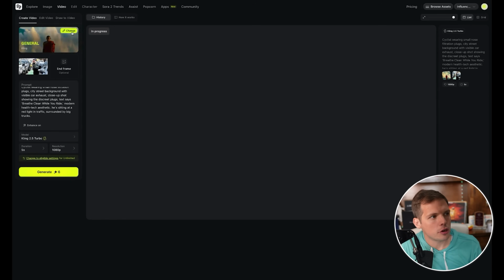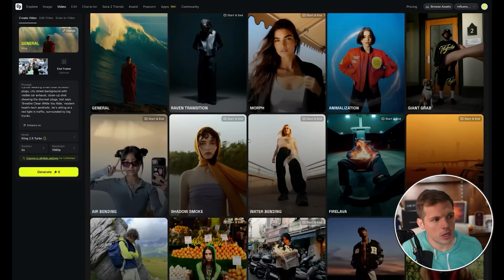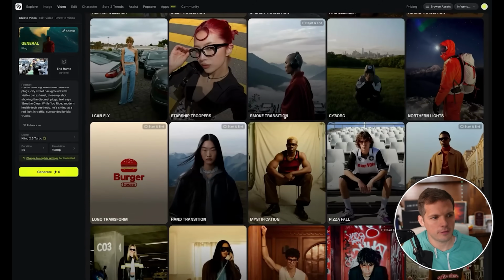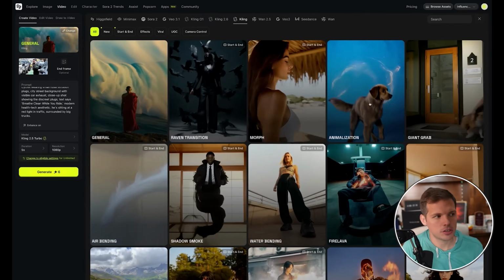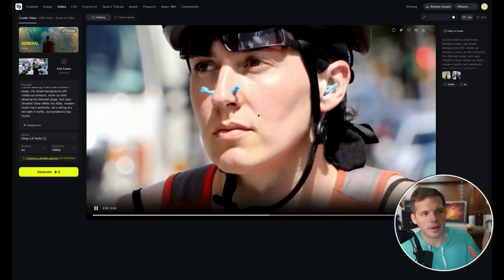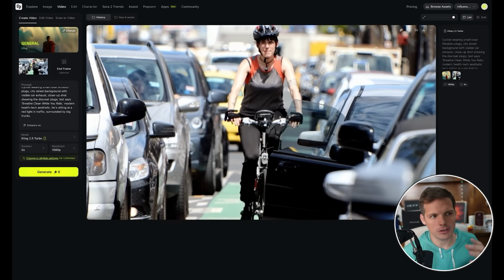And just like the image generation models, we can change the vibe of the video. I just chose general, but we can have all kinds of different aesthetics here: smoke transition, I can fly, firework, animalization, etc. Okay, so here's what we got. First of all, absolutely insane that it took a random image from Google Images and turned it into a video